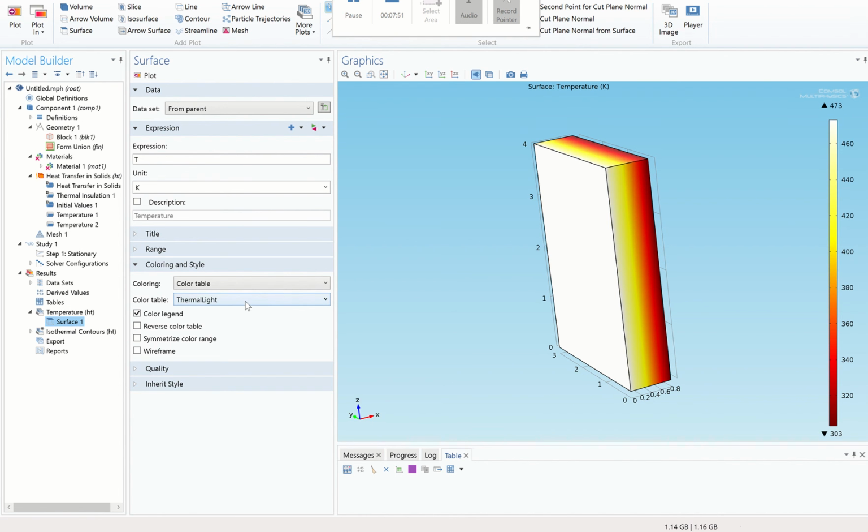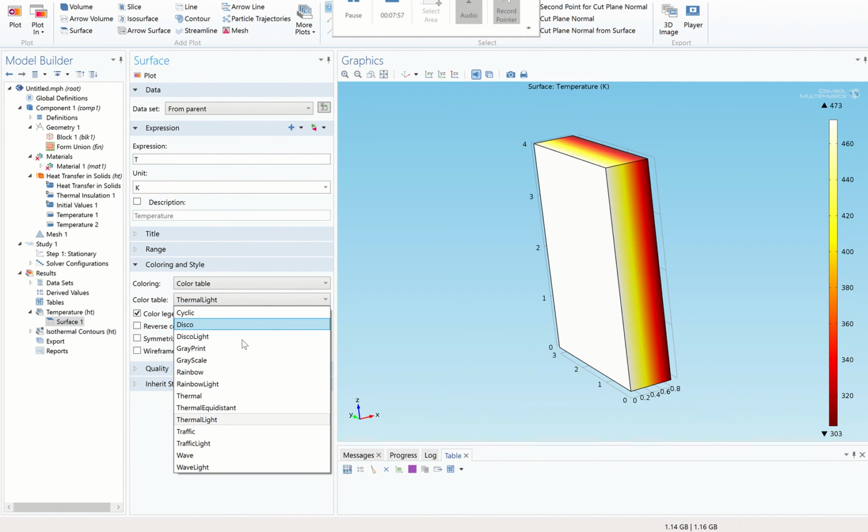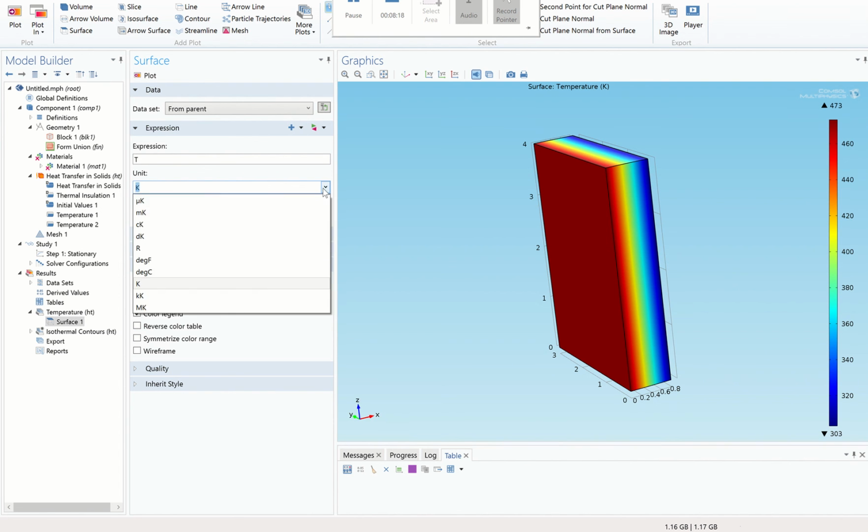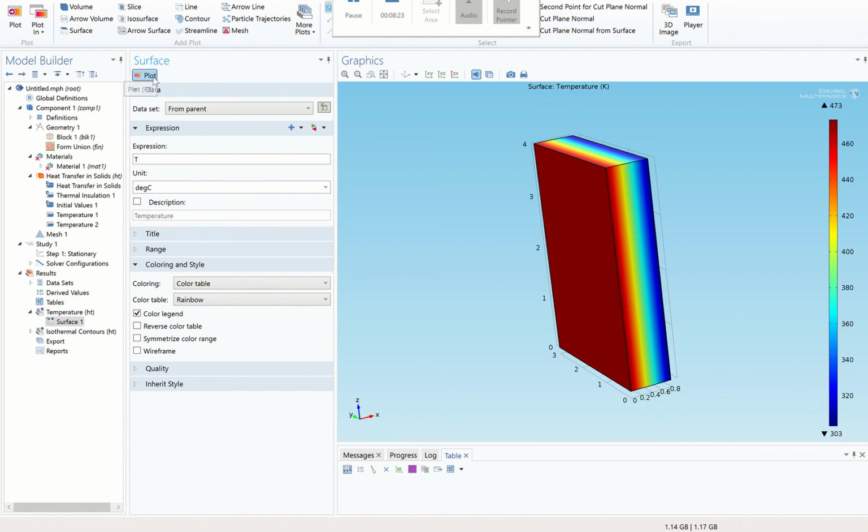This color scheme right here is called thermal light, and you can change it to something that might make more sense, like this rainbow color scheme, where red is hot and blue is colder. That makes a little more sense to me, so I'm going to keep this color scheme, and I'm going to change the units here to degrees Celsius,